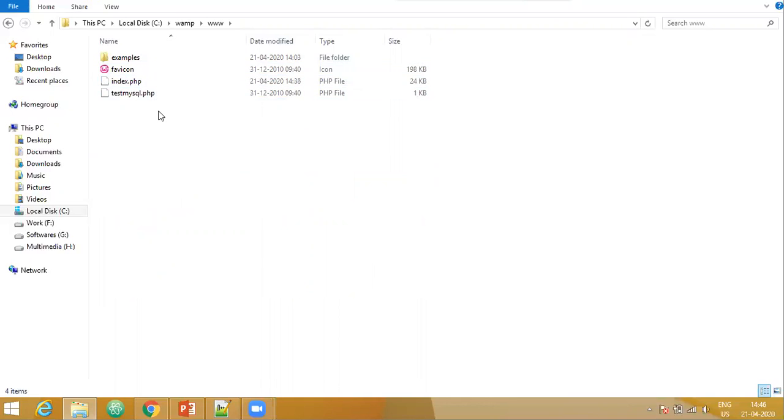Now do not save them as separate files. These three files are created by the WAMP server. So whenever you create a file, you are supposed to create a directory first. So I have created a directory with the name examples. Inside that I have created three files. We have understood the code of these two files. Let us see the execution.